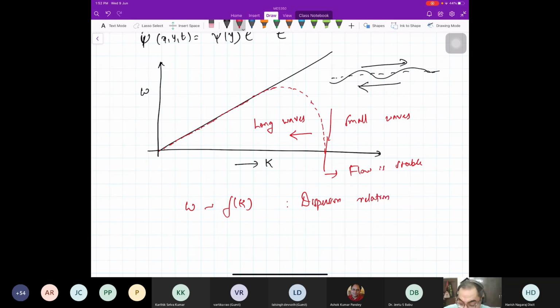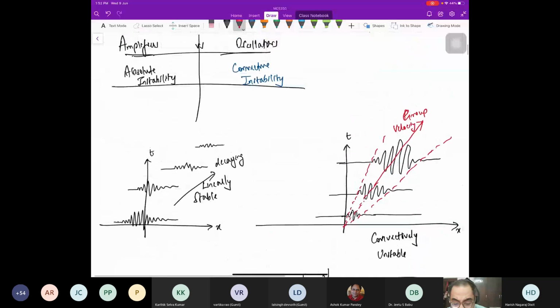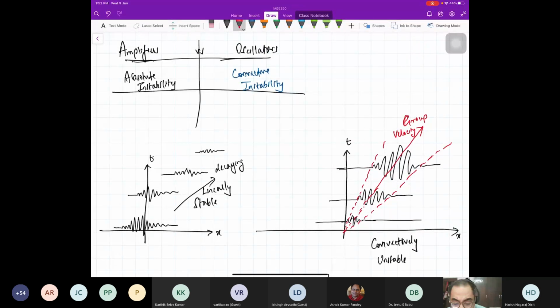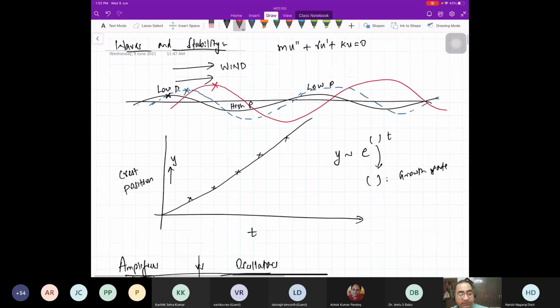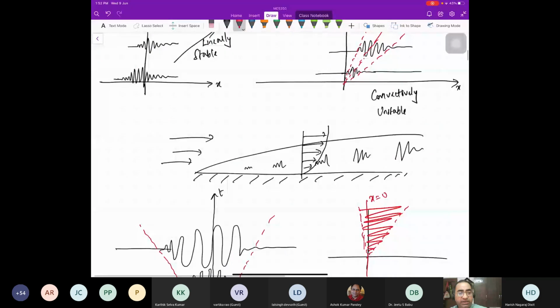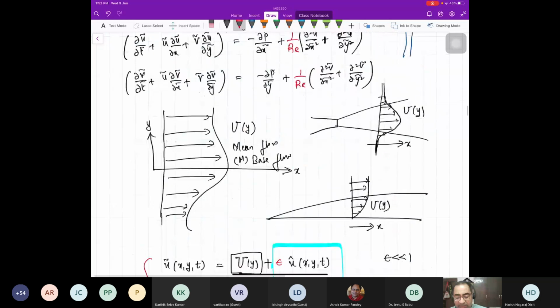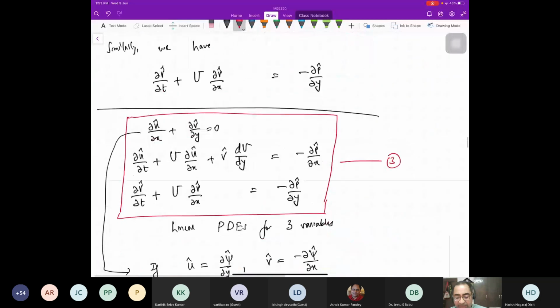Okay, I will stop it here, and we will just summarize what we did in the morning lecture and today's afternoon lecture. I first gave you examples of various instabilities in various systems, all the way from small scales to large scales, where you get instabilities. And the Karman vortex shedding was a nonlinear saturation of that instability. In the second session, we primarily looked at waves and how to look at stability. I introduced a lot of interesting concepts, absolute instability, convective instability. And then we derived a very important equation, a standard equation in stability analysis of fluids,